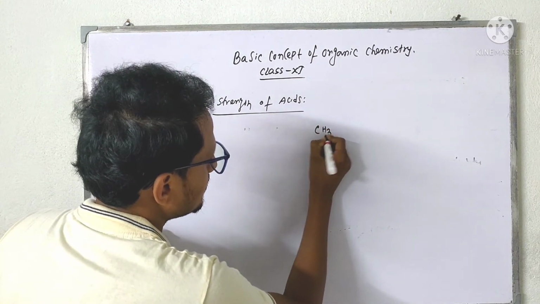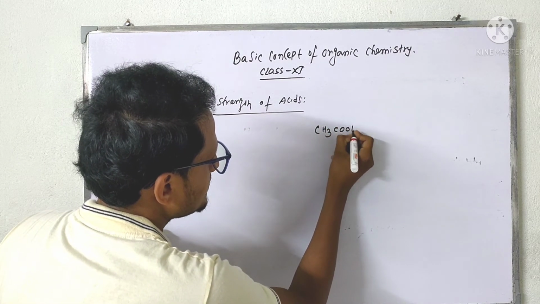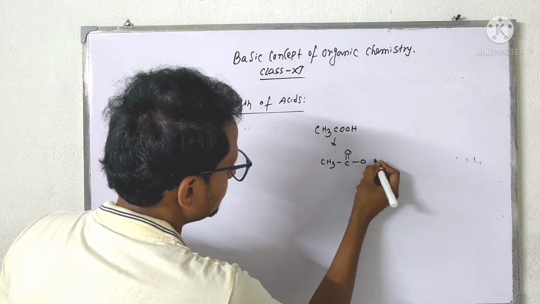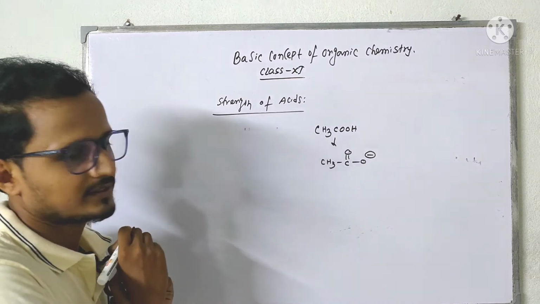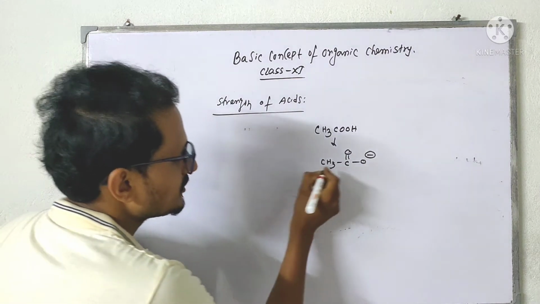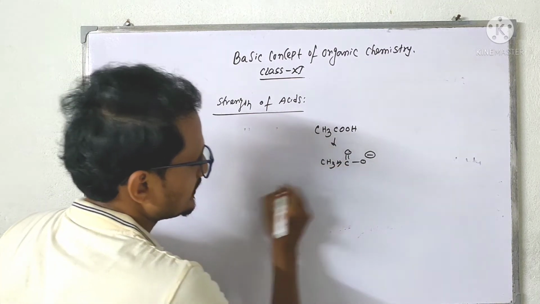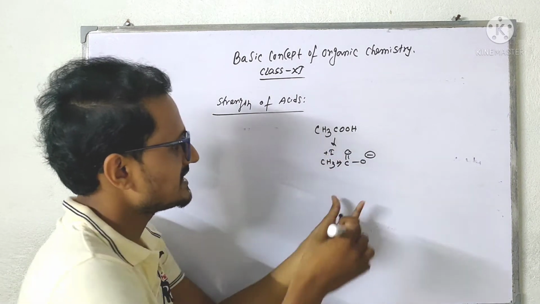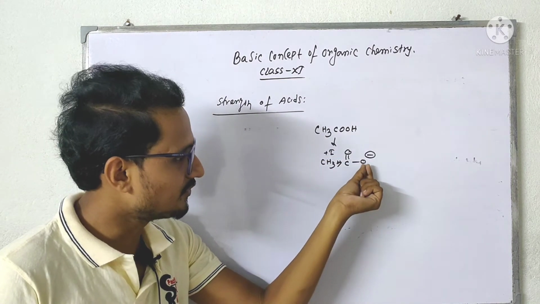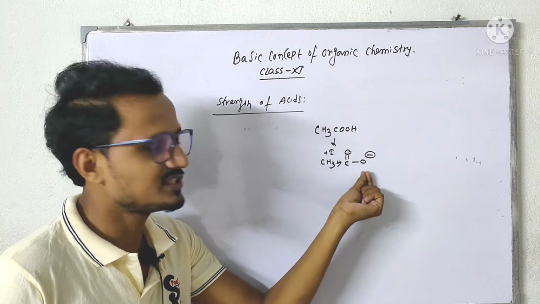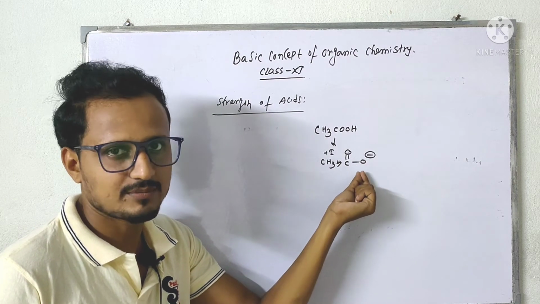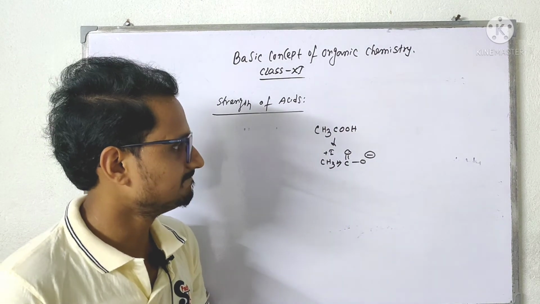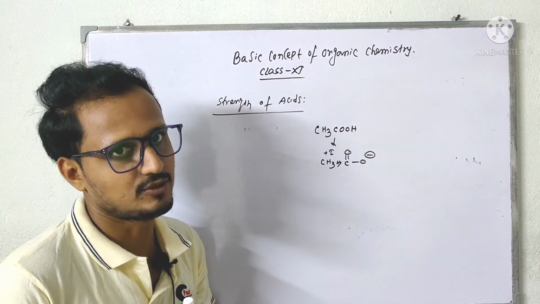See, from acetic acid this conjugate base can form. Okay, now this conjugate base is not stable because the plus I effect methyl group will increase the electron density on this carbon, so it will be destabilized. So it is not stable, but the formic acid conjugate base is stable. So we can explain the acidity by the conjugate base also.